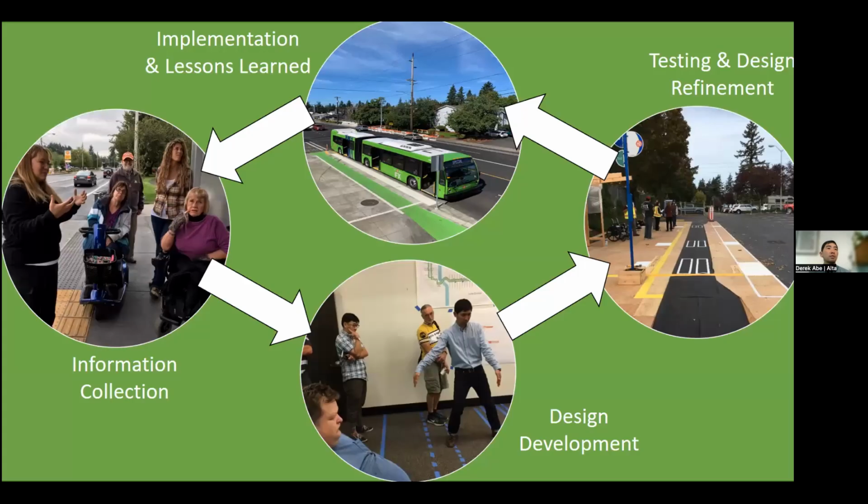So this is sort of our iterative design cycle. Jesse had mentioned earlier that one of our early goals for this project was for it to be something that wasn't just a one-off solution for this corridor for Division. It needed to be something that could be replicated throughout the system, across the region, and something that we could apply in our toolkit of solutions at stations. And so